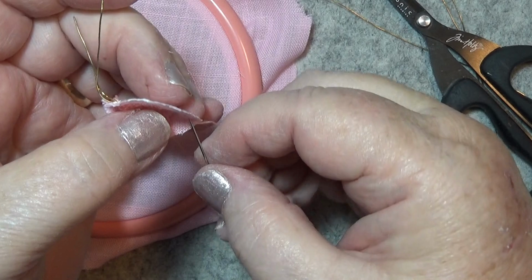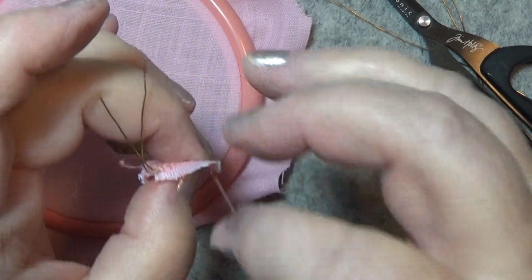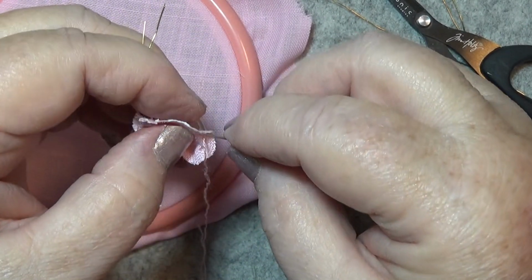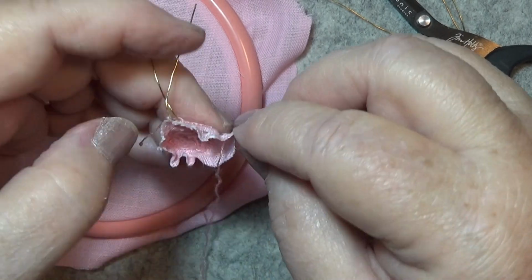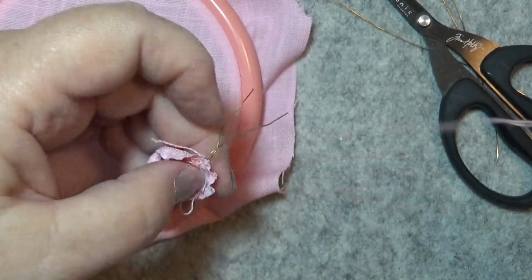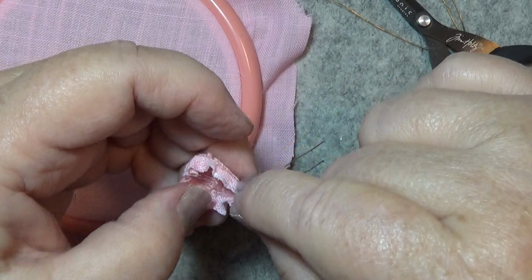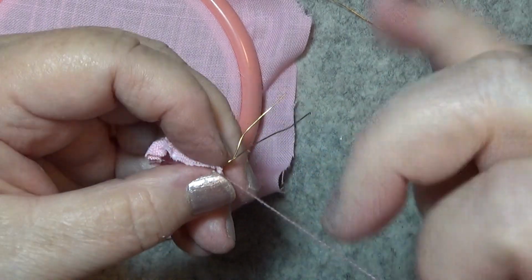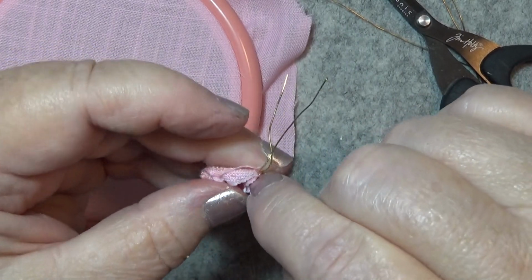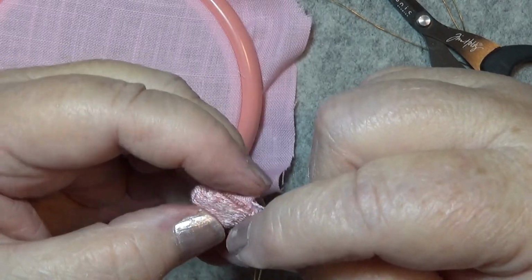I have showed you how to do one of these before, but not like this. Okay? And when I do the leaf thing that's on it, I will show you the other way of doing it, but I think I like this the best way, because you're going to pull that in now. Pull it up. Try not to bend your wire, right? Just pull it in,